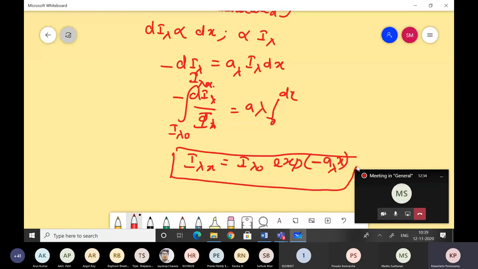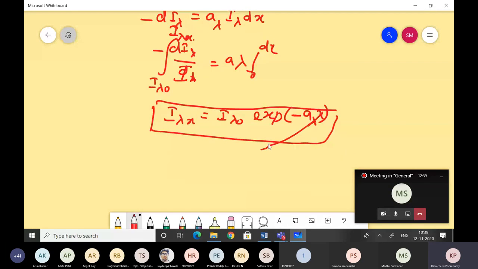What is x? That is the distance through which the intensity of radiation travels in a gaseous phase, in a gaseous mixture,